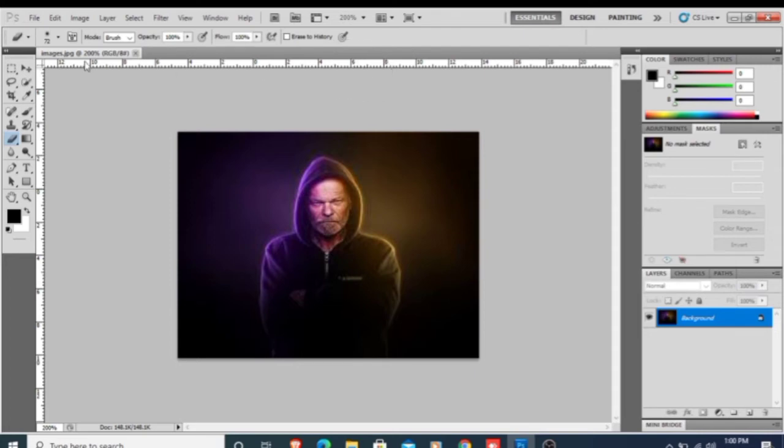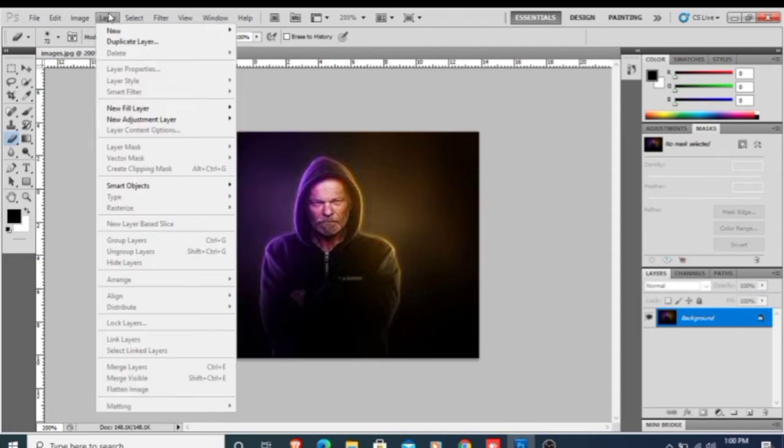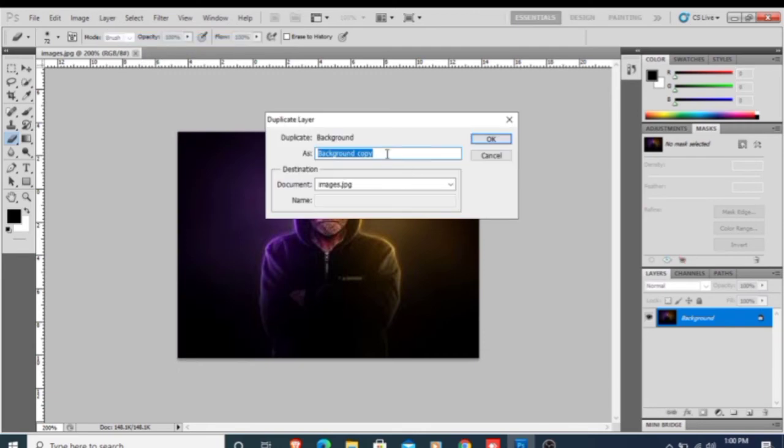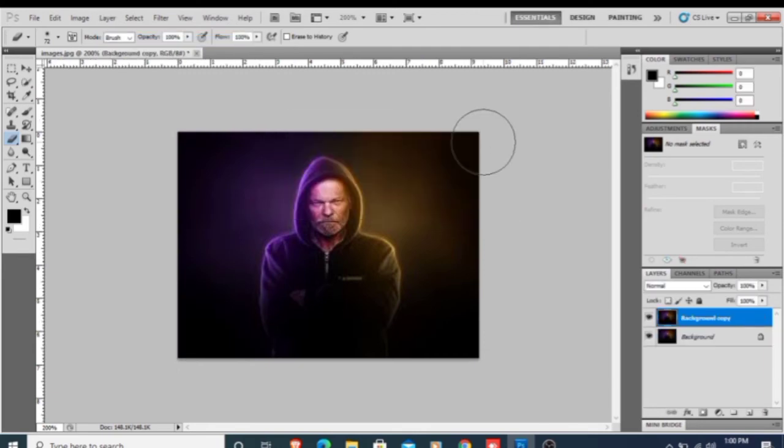Under the Layer option, you have to select Duplicate Layer and give it a unique name, like this. Now make sure that the duplicate layer is selected. From here you have to just ensure that your duplicate layer is selected.